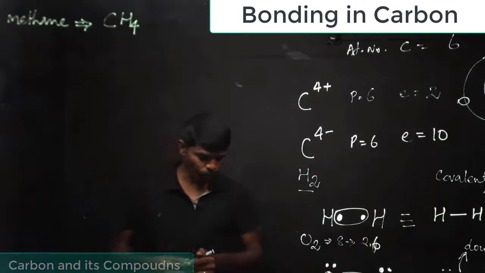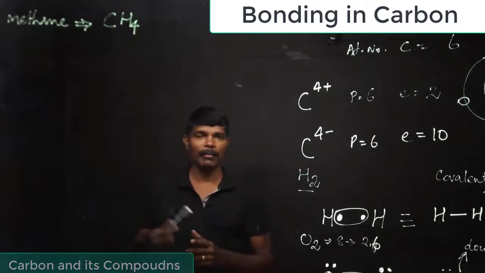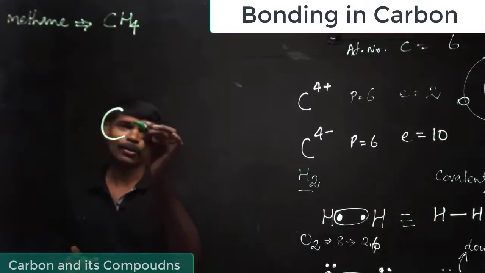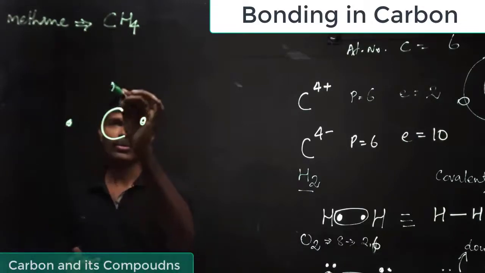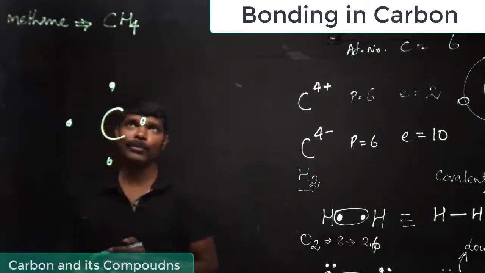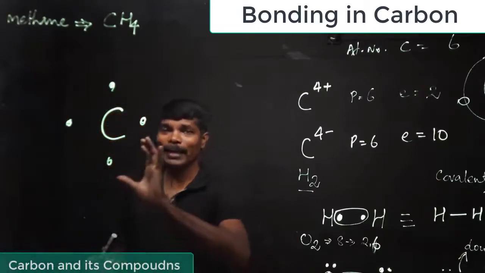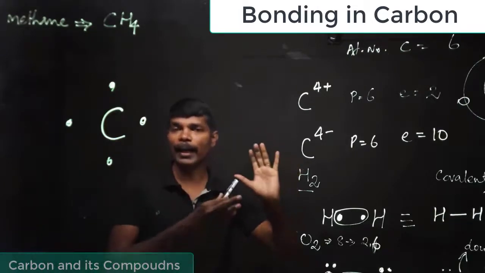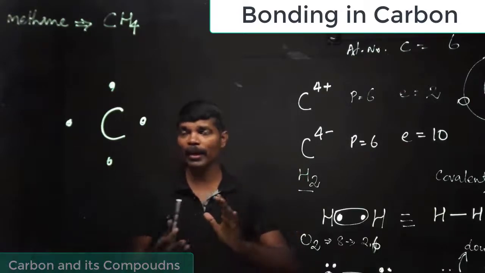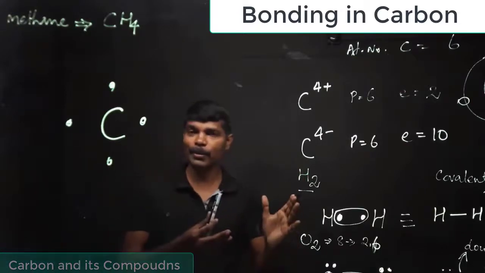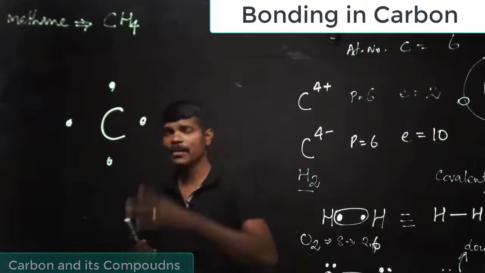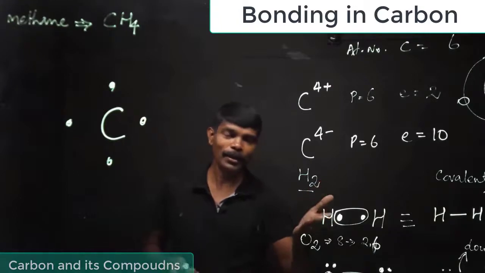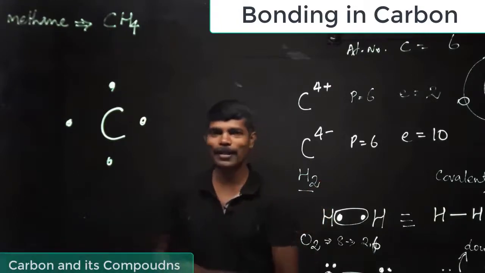In order to draw the structure of methane, CH4, first we have to write carbon. We know the valency of carbon is 4, so here 4 electrons. Now you see, in order to get a stable configuration, carbon makes bonds with 4 other elements, whether it may be carbon or some other species, for example hydrogen. Here hydrogen has been taken, and in the previous case we have seen that each hydrogen atom needs 1 electron for its stable configuration.